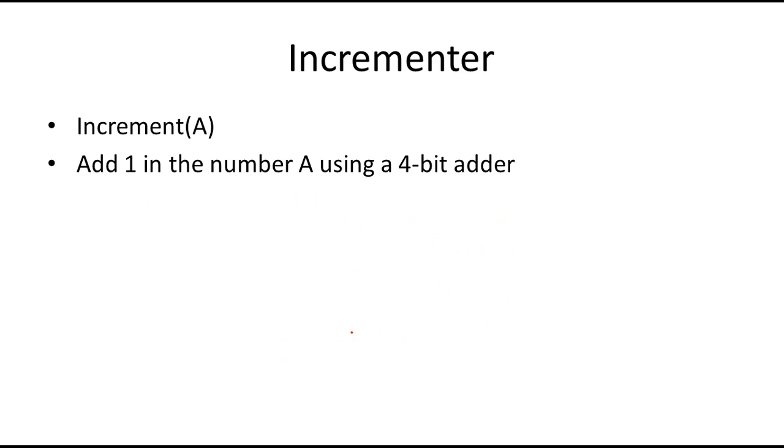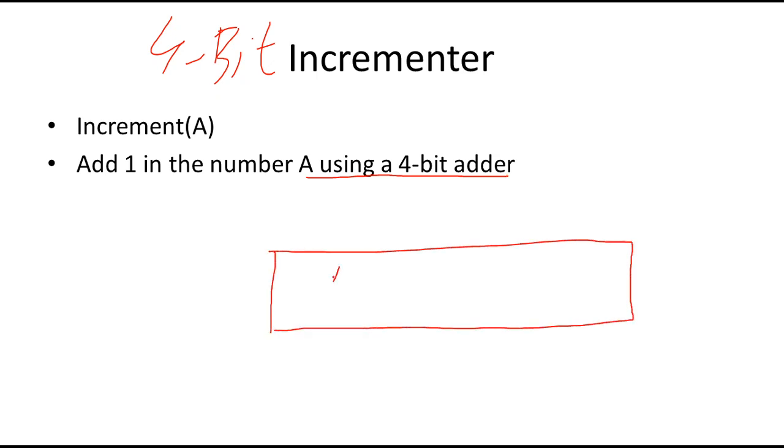So to implement a circuit for an incrementer, we just need to add 1. For adding, we can use a 4-bit binary adder. So for example, we implement a 4-bit incrementer, and a 4-bit incrementer just increments a 4-bit binary number. So for example, we can use a 4-bit adder. So let's say I have a 4-bit binary adder